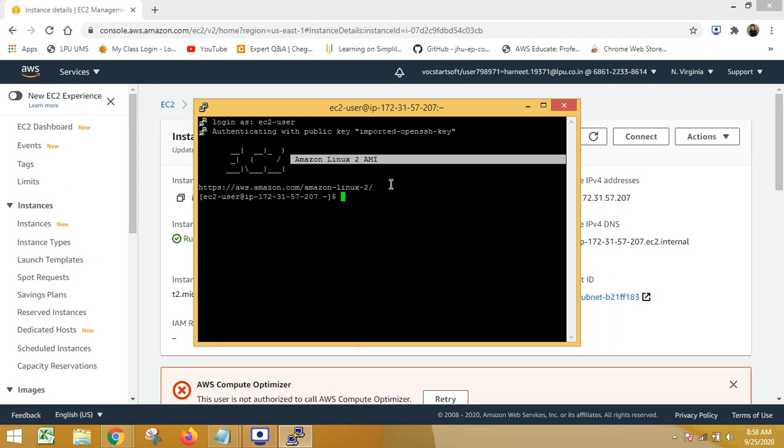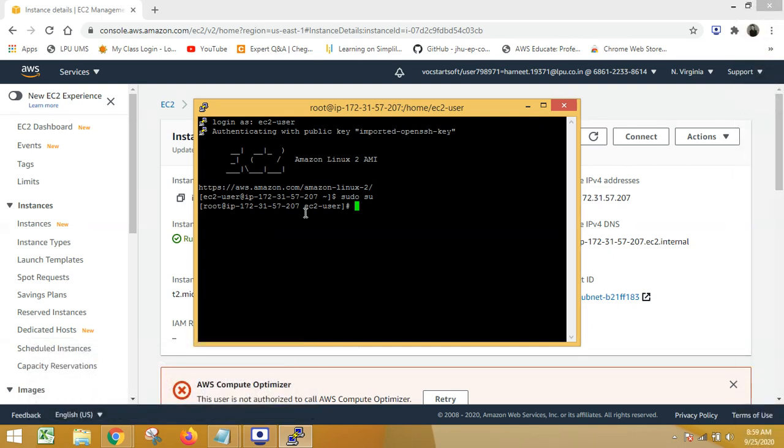Now what we have to do is we have to actually come into the root user mode. So for that the command is sudo su. Su is basically super user mode. So as soon as I run this command, see from this EC2 user, now my user is actually root. So I will be performing all the things under the root user mode. So installation of the Linux was the very first step.